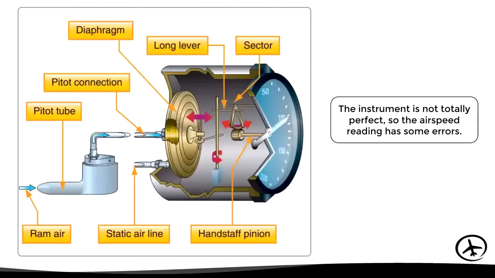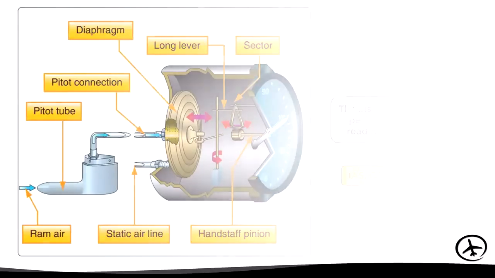That's the reason why we have different speed terms and definitions in aviation. Each of these speeds is corrected by certain errors, so let's see each of them in more detail. Let's start with the simplest of all, the indicated airspeed, abbreviated as IAS. This is basically, as its name suggests, the speed indicated on the instrument, and it is not corrected for any